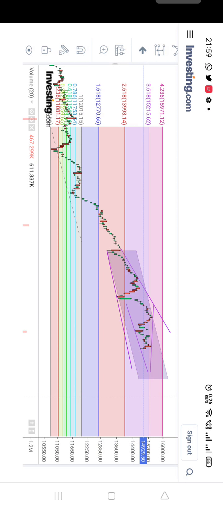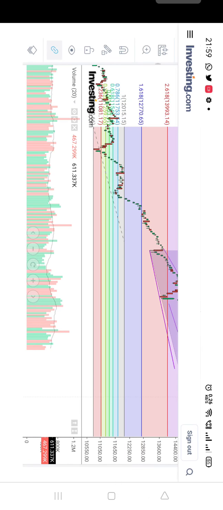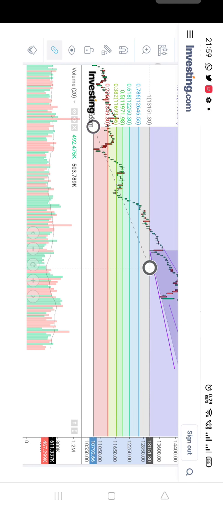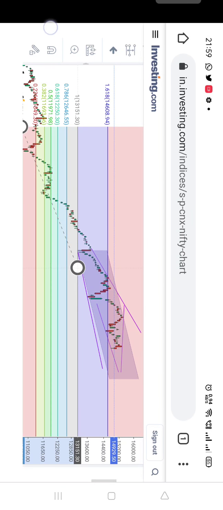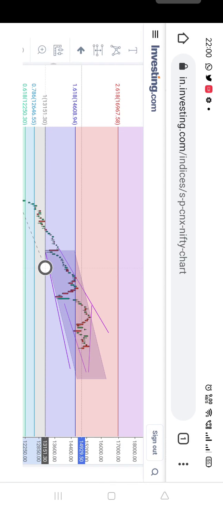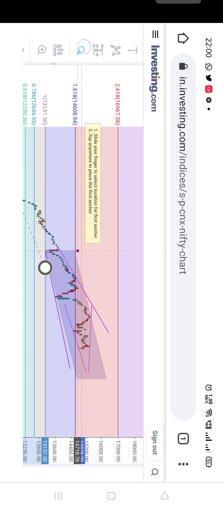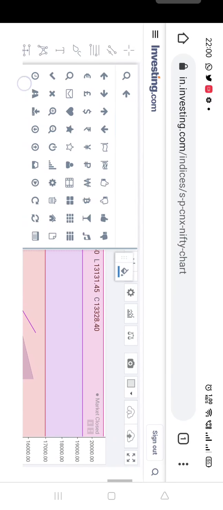Okay, now let me just take the second reversal point, which was somewhere around here. Okay, 1.618 is a support. That is the basic support which we are finding, like the index is trying to take support multiple times. 14,600, you have seen 3 instances. Let me just round it up for your own feasibility. Okay, I'll just mark it up,